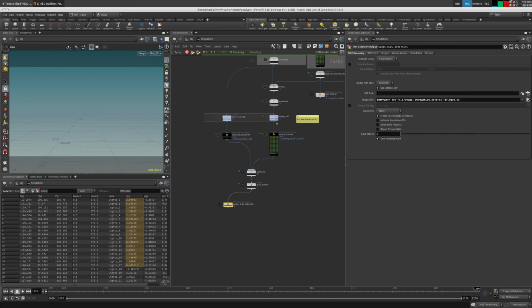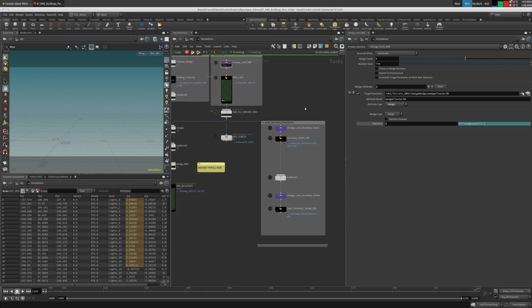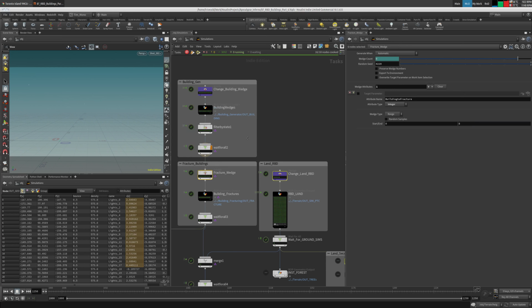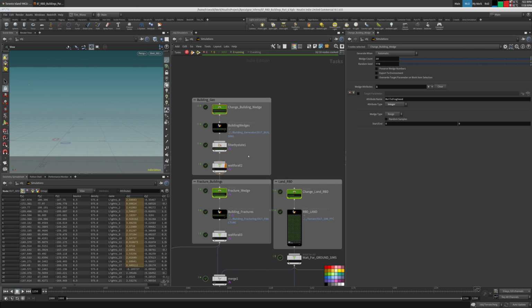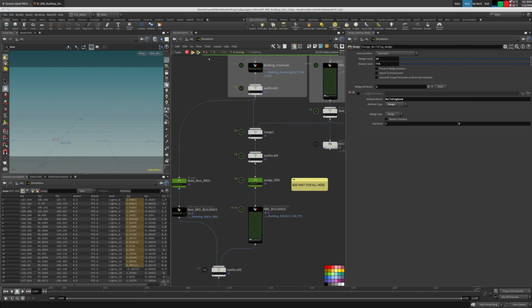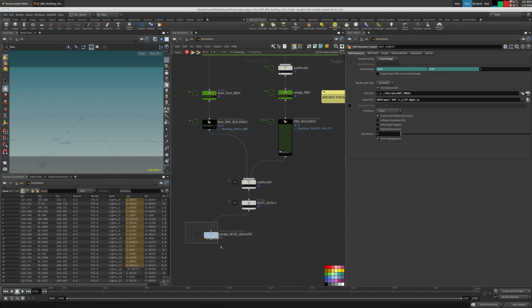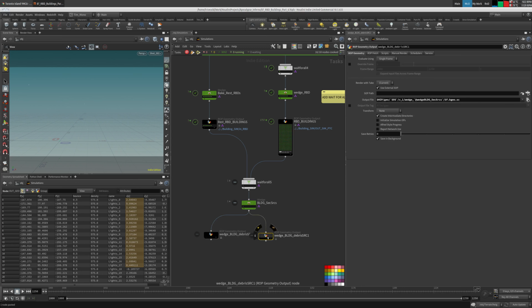This is obvious. Let's color all our wedge nodes green. This is how I had them in my other scene, so they're a bit easier to follow up. Let's name them green. Okay, so they're green. All the geo nodes are black, so it's going to be black as well. This is green as well. All right, I'm going to duplicate this. That's going to be my